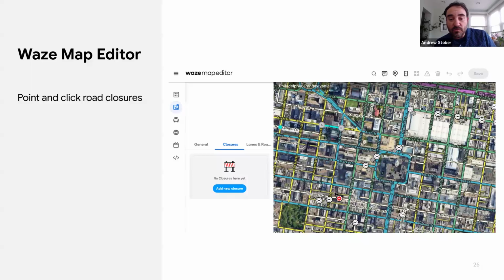When it comes to posting road closures, this is really very important information to keep people navigating smoothly throughout your jurisdiction. Also to help keep workers and people who might be involved in that road closure safe, making sure folks navigate away from it. We have something called the Waze Map Editor. And again, this is a slightly different tool, and it allows you to point and click and add closures to the map. So you can do this in real time. You can also plan these closures to appear ahead of time.